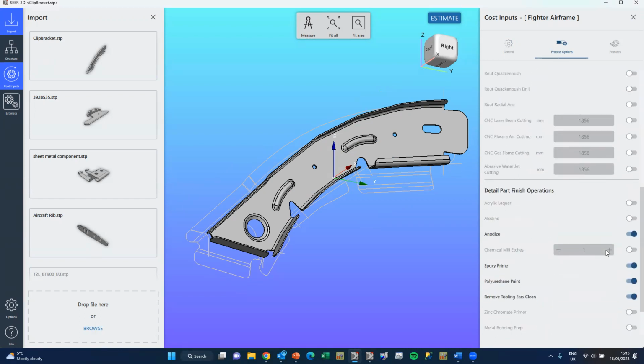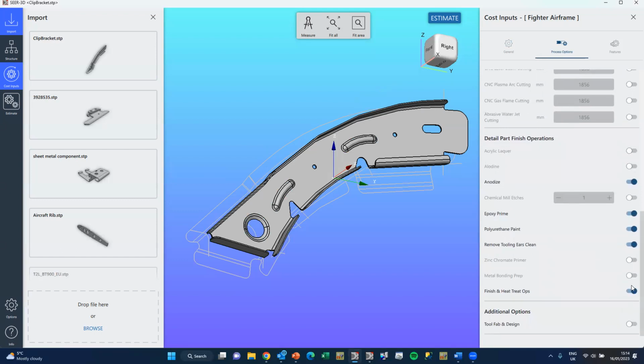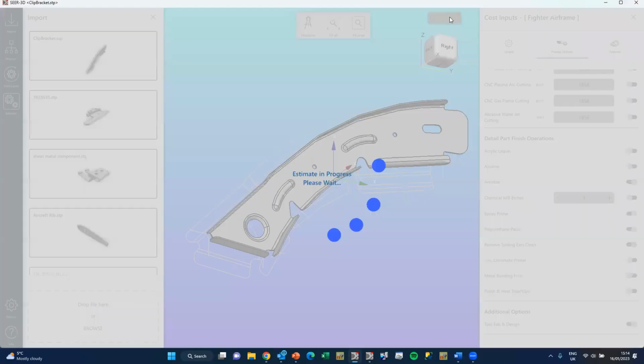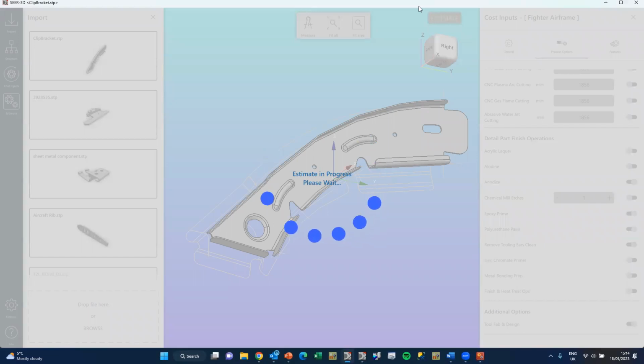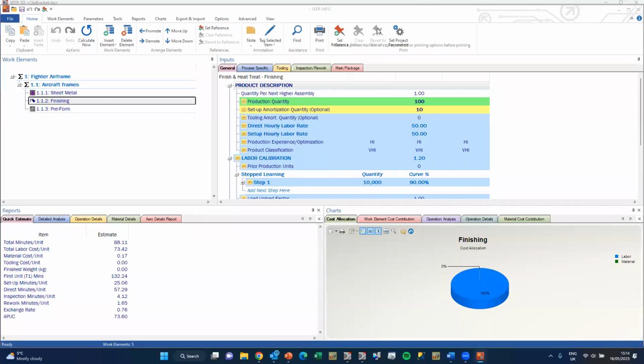The processes are here. Finishing heat treatment ops, turn that one off because I'm doing it here. Tool fab design, you can turn the tooling on or off, I'll turn it back on, and we're done. So it's just a case of clicking on estimate. So here we go. This is the resultant estimate back in native SEER for manufacturing, the cost engine behind